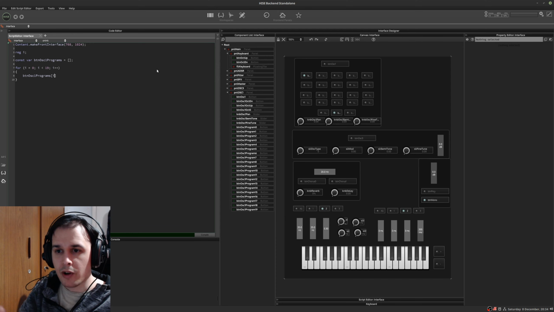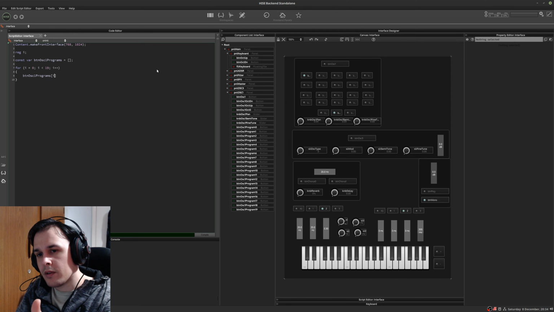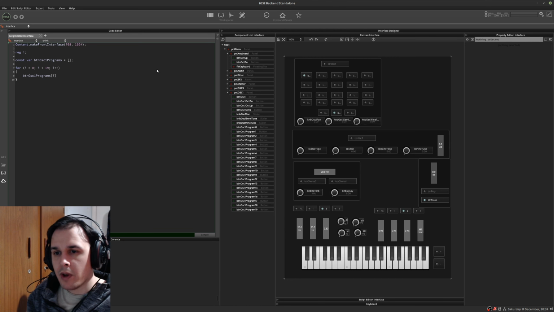So I's going up 0, 1, 2 each time, and it'll grab the button and put it in the next one. So that's one way to do it. But if I don't want to specify which index, I can just do .push, and it'll put it in the next one available, and then I put the name of the control in there. But because I know that these buttons go from 0 to 20, I'm just going to use I, and then I'll put equals